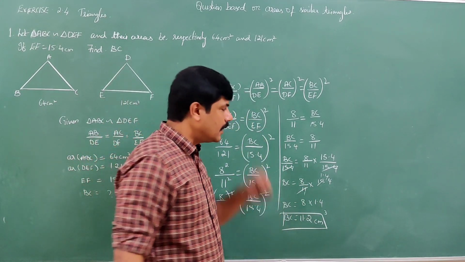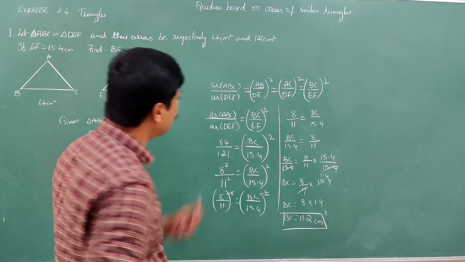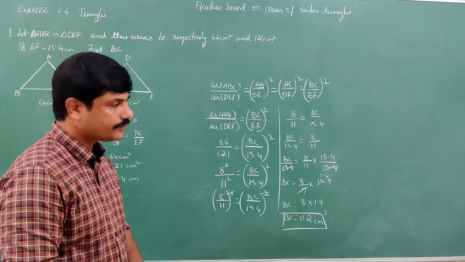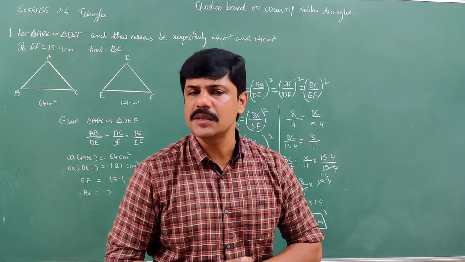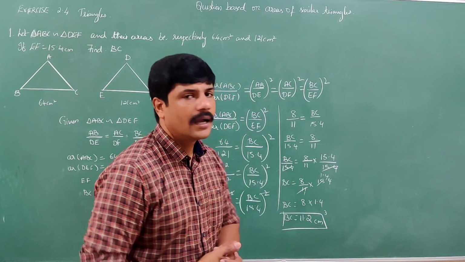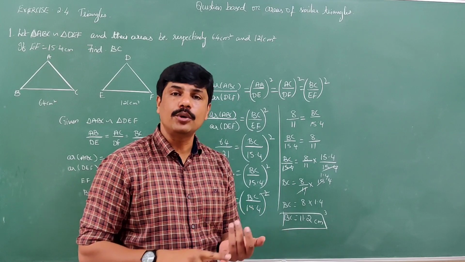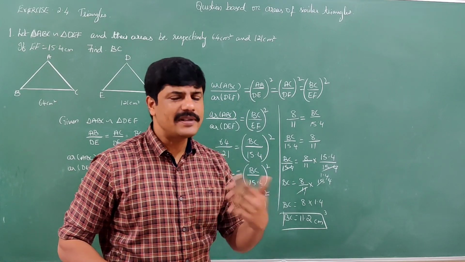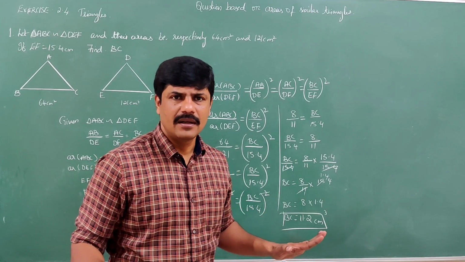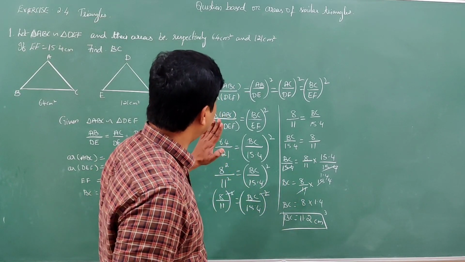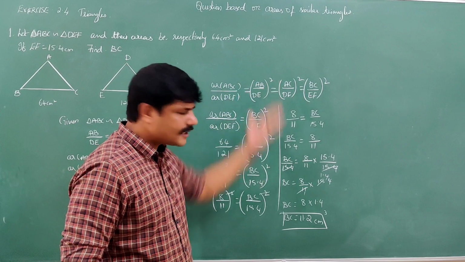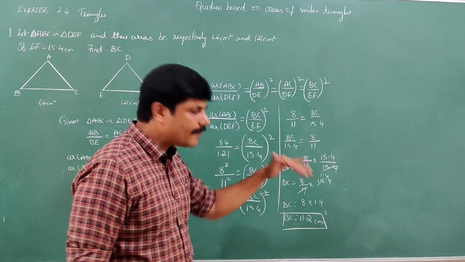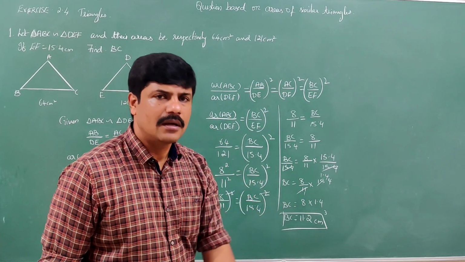It's a very easy problem. About this question, you can ask me, sir, is it not possible by using the area formula, like half into base into height? So we will see. I don't think it is possible. Other than applying areas of similar triangles, it is not possible to solve this. For example, if you try to solve, whether it comes or not, we'll see that.